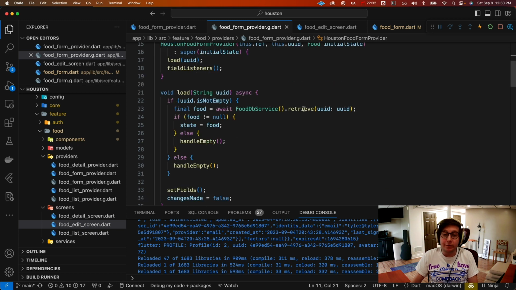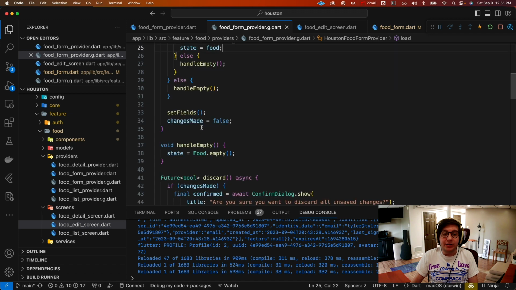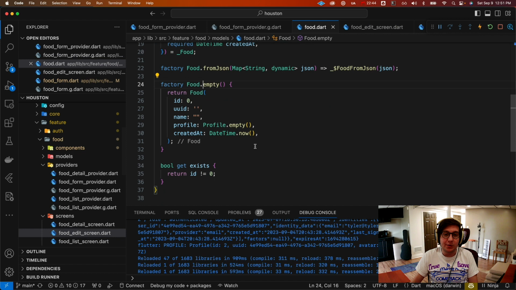If it's not empty, we go and retrieve it and make sure it's still not null, because it could potentially return a 404. Otherwise, we do this thing called handle empty, and all this really does is return an empty version of food, which is just sort of this helper method factory on food, just to return one that still fits this without